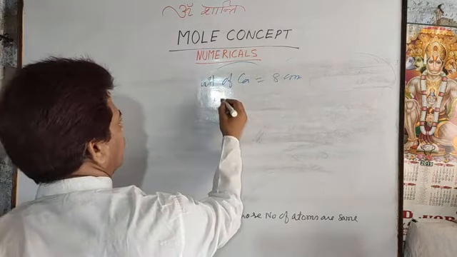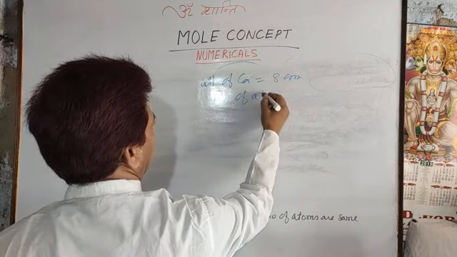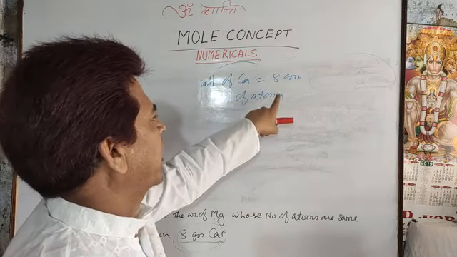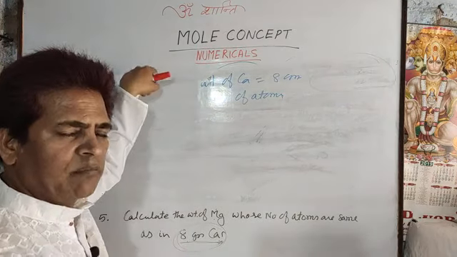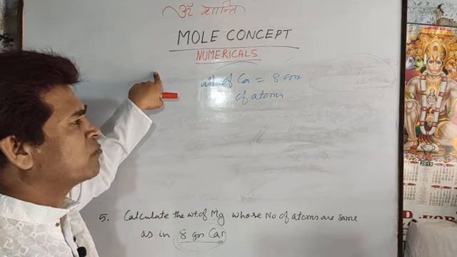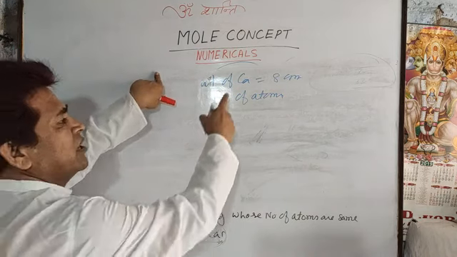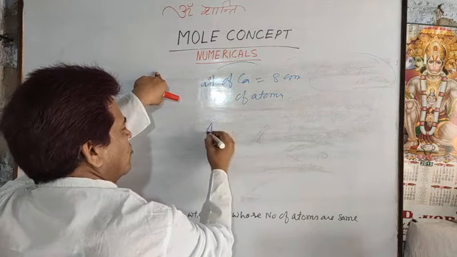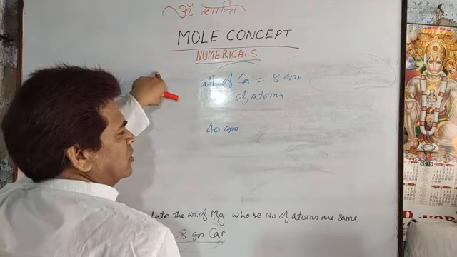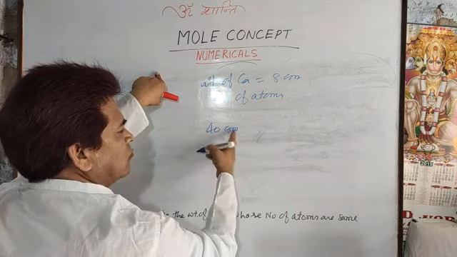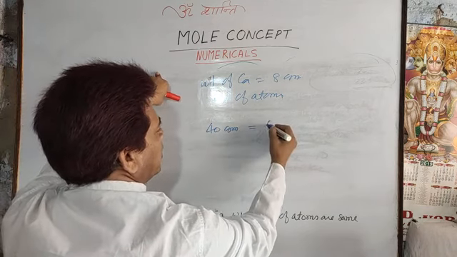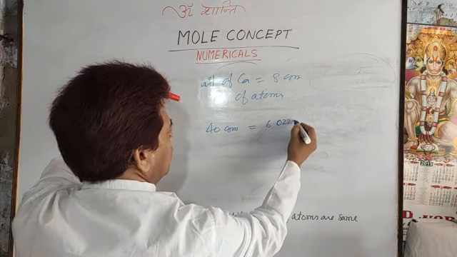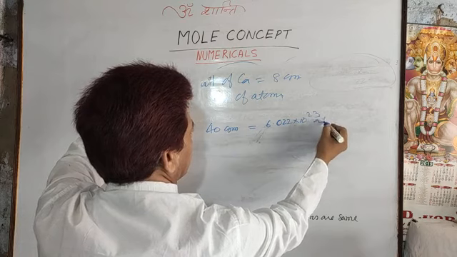So you find the number of atoms on the basis of that data. Here, what's the relation between weight and number of atoms? In the starting we have written that the atomic mass of any element in grams, here calcium, which is 40, so you can write 40 gram. The atomic mass of any element in grams is equal to the number of atoms, which you always write on the basis of the mole concept: 6.022 × 10^23 atoms.